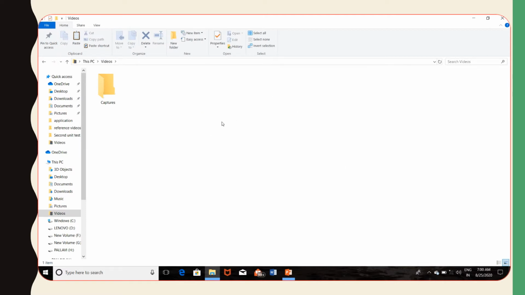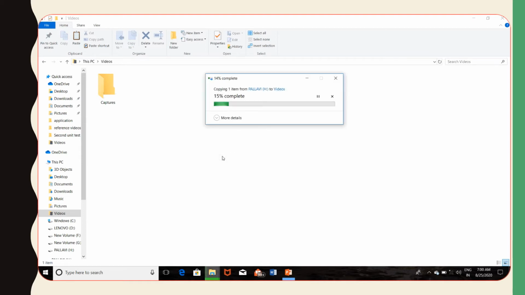Now to copy this movie from the pen drive to this folder, again we will right click here with the help of the mouse. Again this pop-up menu is appearing and from this menu we will click on the Paste option.